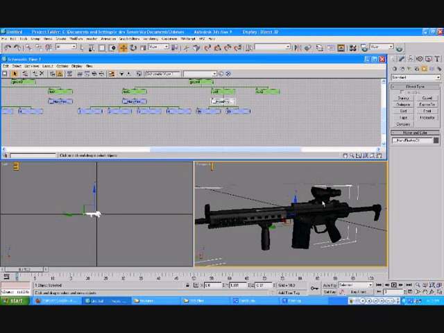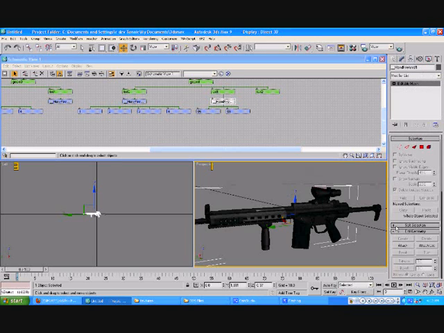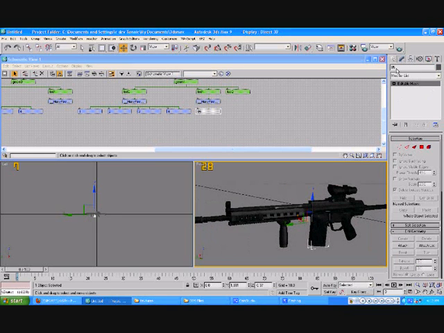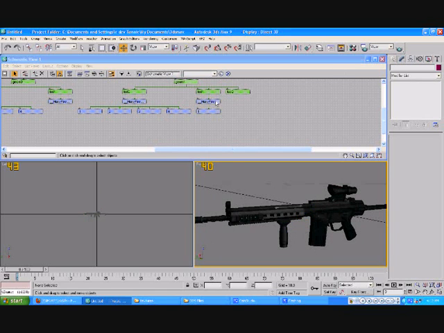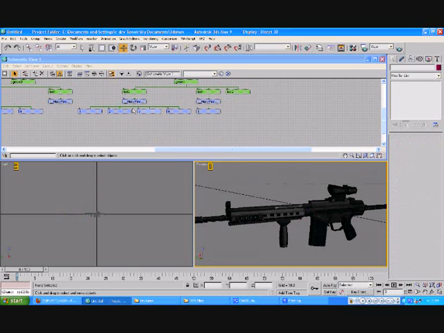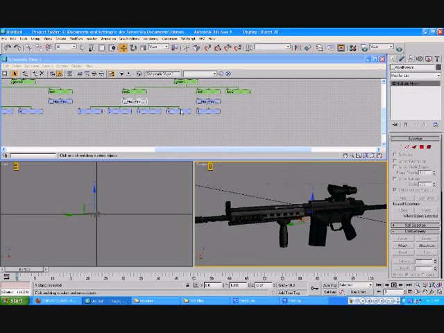Alright, next thing we're going to do is we're actually going to select the main weapon and go to Modify tab and go Attach, and we're going to attach the folding stock at the back, because at this distance they're not going to actually be able to see it moving anyway, so we might as well throw it on to the main weapon itself. But we will leave the magazine as a separate piece and still call that number 1. So it will just have the one animation group or piece,